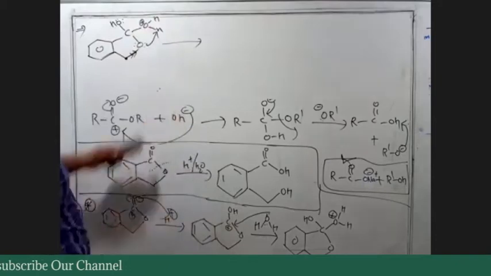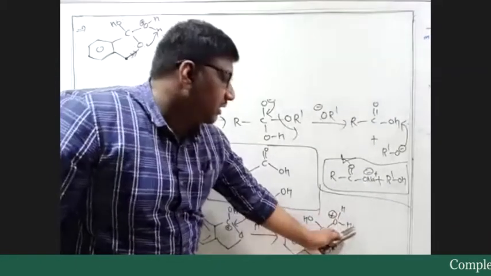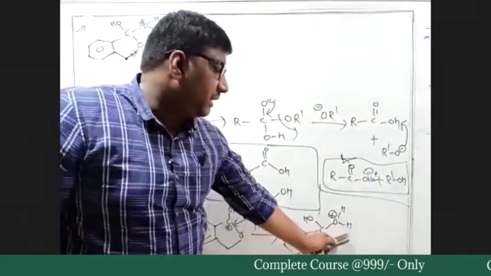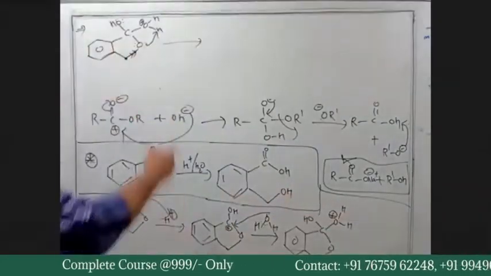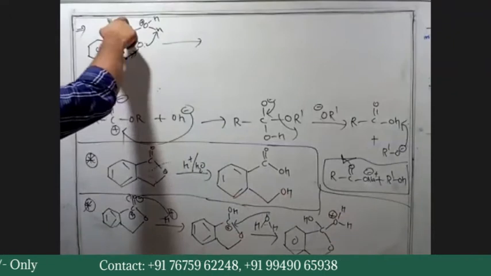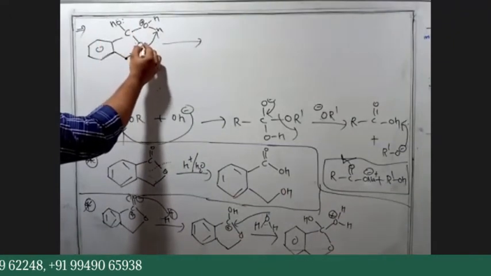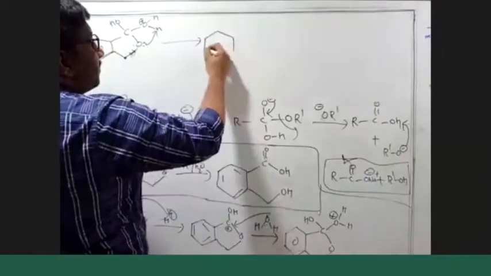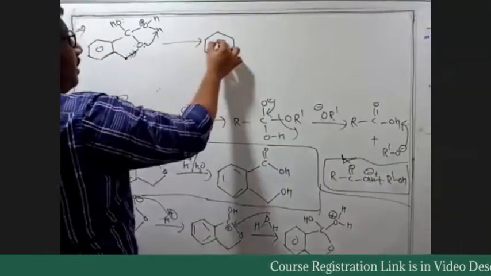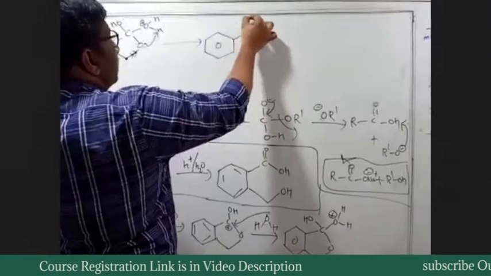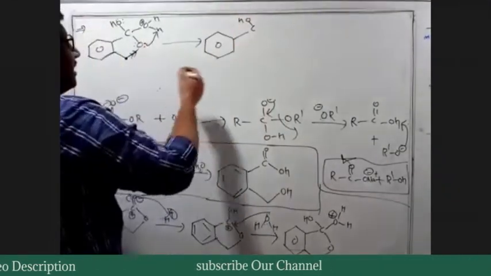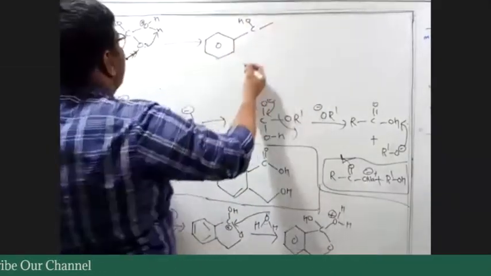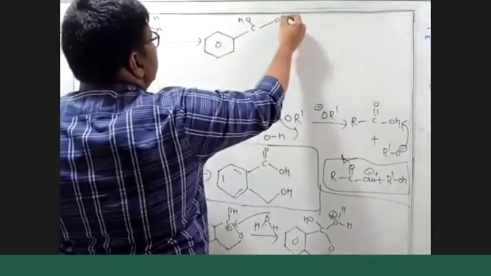Why is this H attacked? Because we have O positive. We have O positive, so the OH bond becomes weaker. That weaker bond will be attacked by the lone pair of this oxygen and not this oxygen, because the electron density of this oxygen is more, which is enhanced by the presence of this alkyl group. The electron density on oxygen is increased by the presence of that alkyl group.